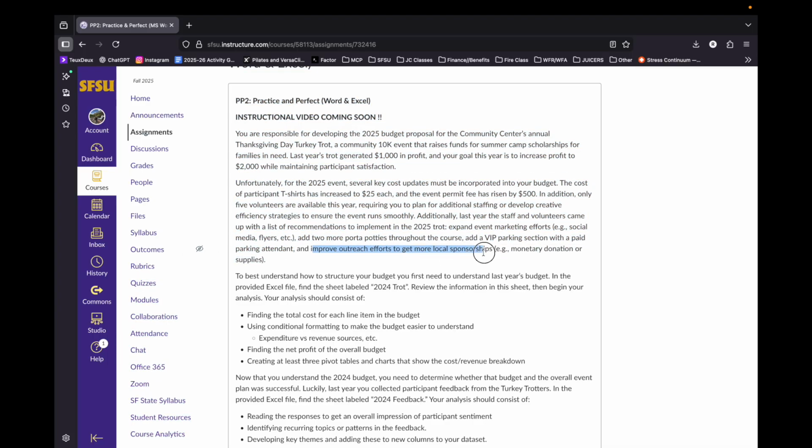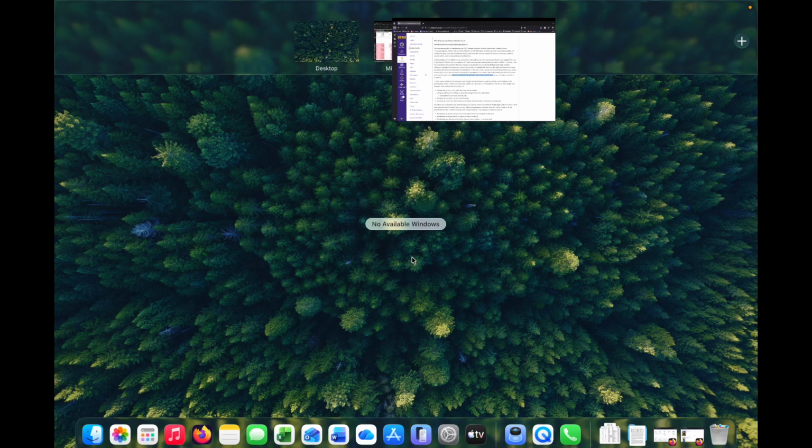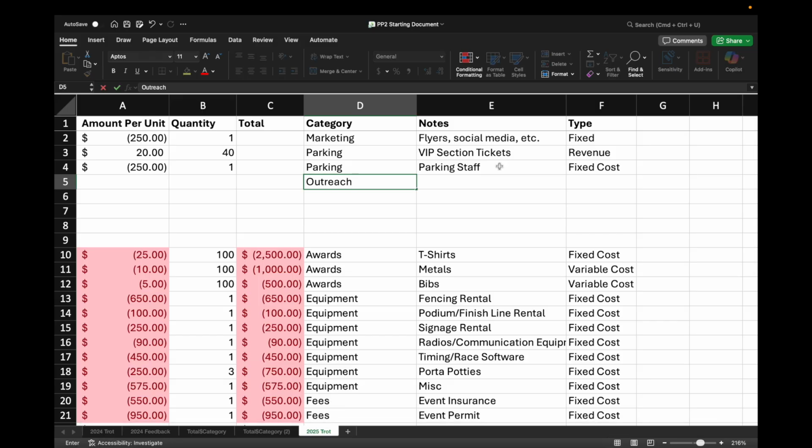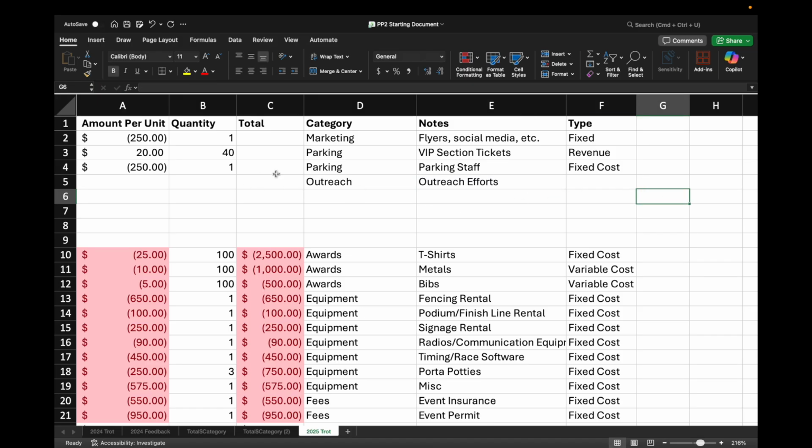We're going to improve our outreach efforts to get more local sponsorships. So this will be twofold. This will be outreach, something like outreach efforts in general. This might be paying staff to make phone calls to local businesses to see if they want to make a donation to the turkey trot.